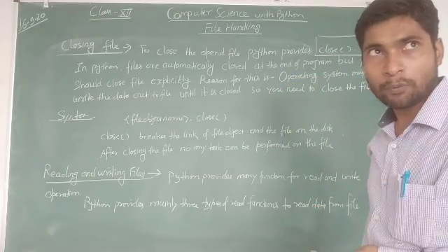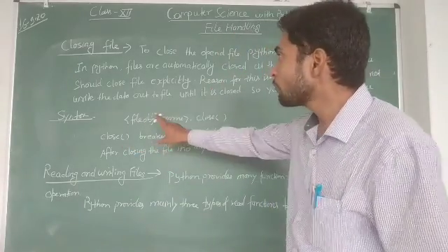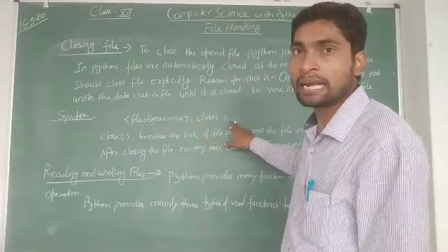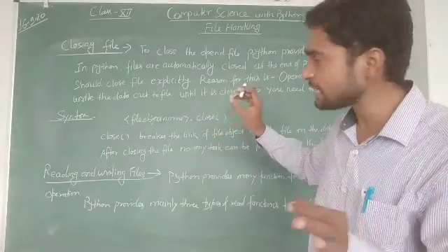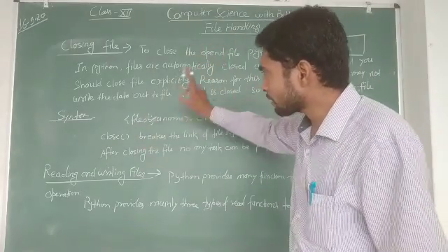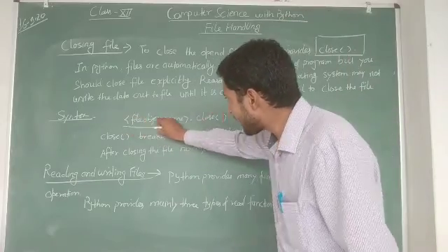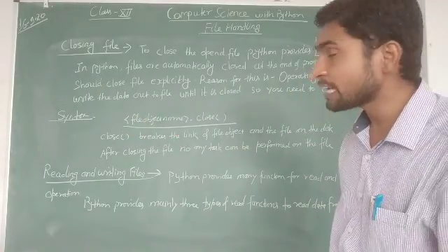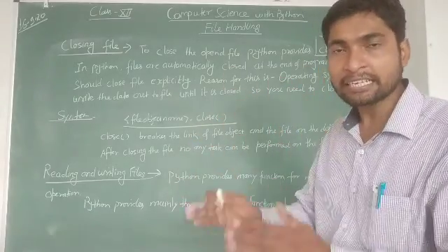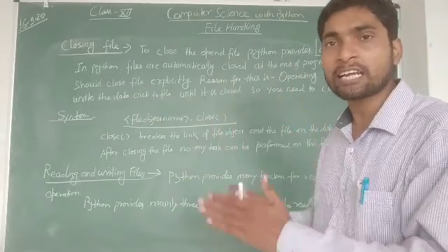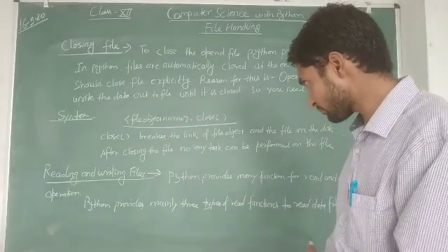Now the question is, how will you use the close function? The syntax is very simple. Write the file object name, dot, close. With this statement, the interpreter breaks and destroys the link that is established by the open function between the Python program and the file that is stored on the hard disk.